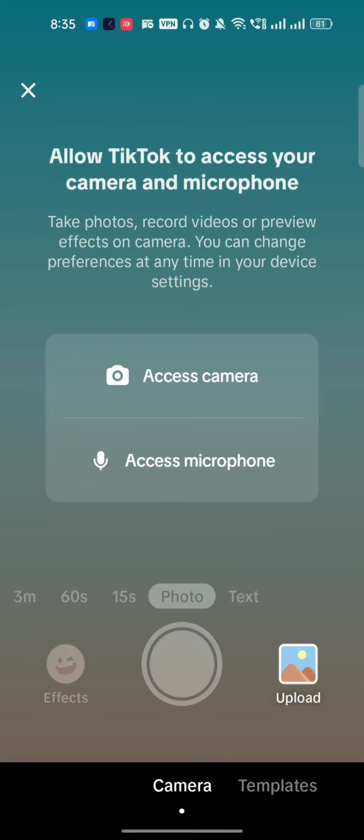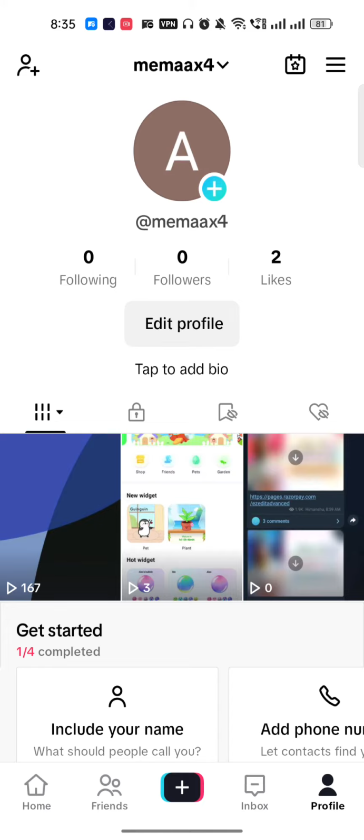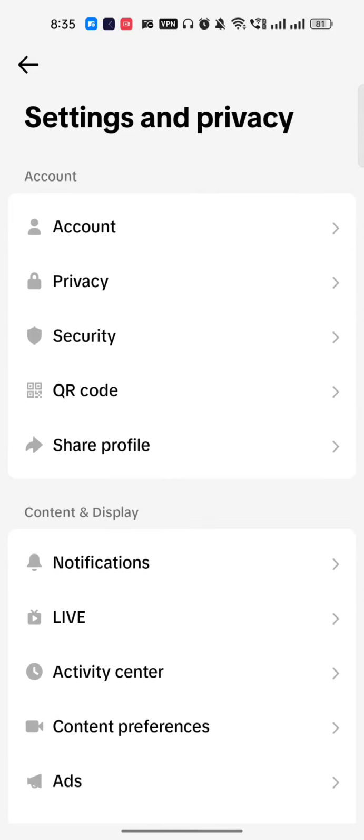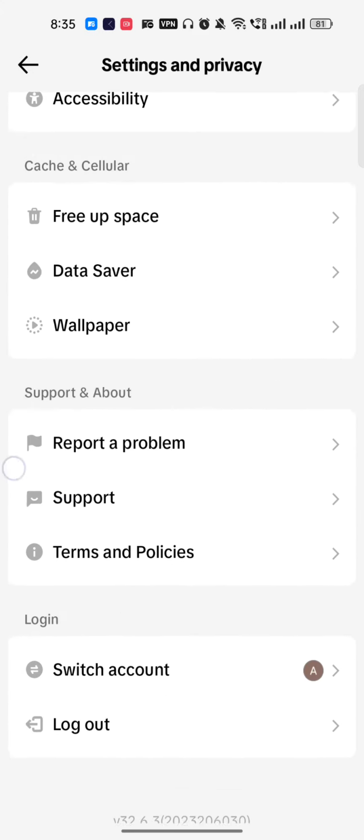Okay, but if you can't, then of course you have to click on the top right side corner, which is called the three lines. Okay, and after that just go to and make sure you are in the creator tool. Right, after that, you will get this option of just going live over TikTok. Right, just go to the settings and privacy, and here you have to scroll a little bit down,